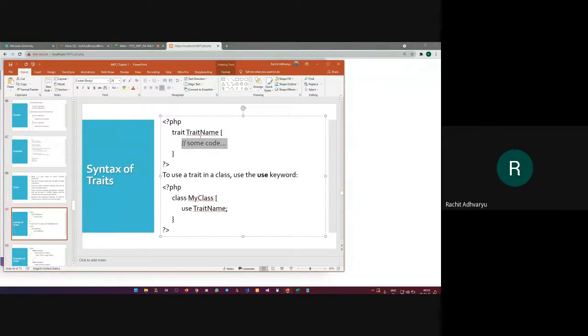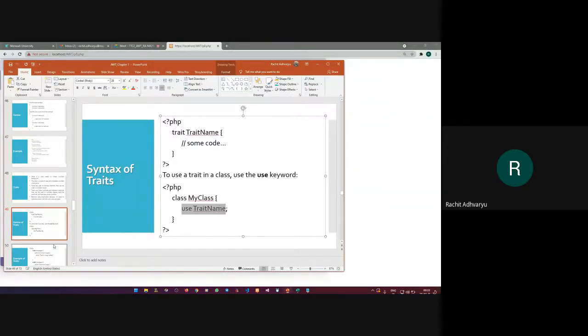If you want to use the trait, you just need to use the use keyword with the trait name. In any class, you can use this trait directly. That is the difference between interface and traits: interfaces do not have any implementations, while traits have some implementation that can be directly used in other classes.